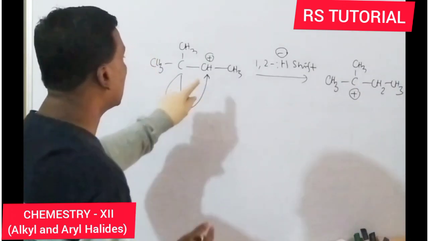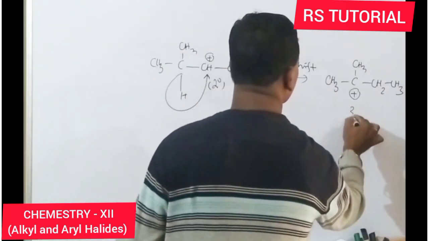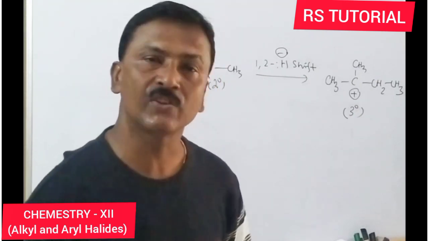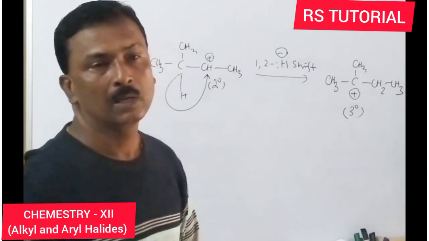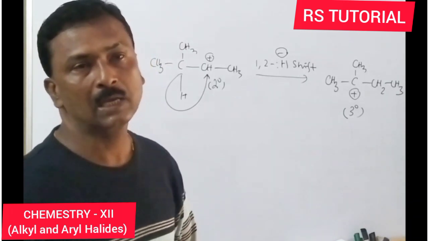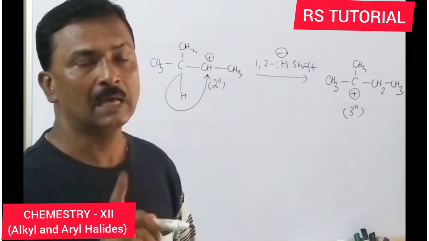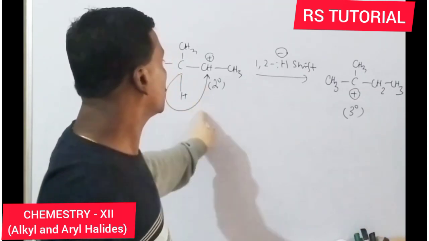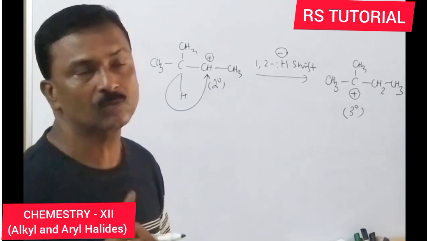This 2 degree carbocation itself is converted to a more stable 3 degree carbocation by hydride shift or by methyl shift or by phenyl shift. Okay, all of you know this. In GOC part 11, shifting of hydrogen, methyl and phenyl take place only in case of carbocations. Therefore, a rearranged product is obtained, and all of you must remember this type of shifting. Then only you get the correct product in entrance as well as in board exams.